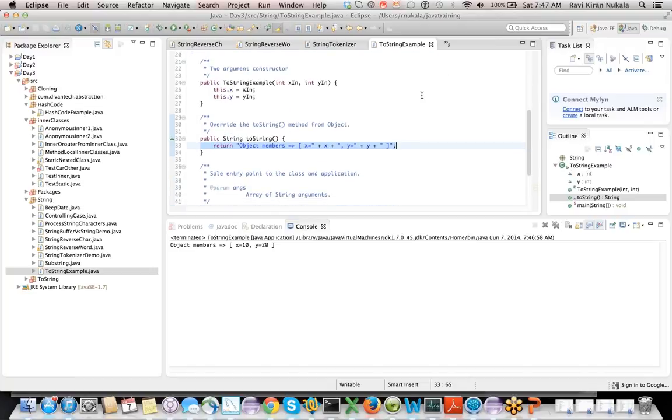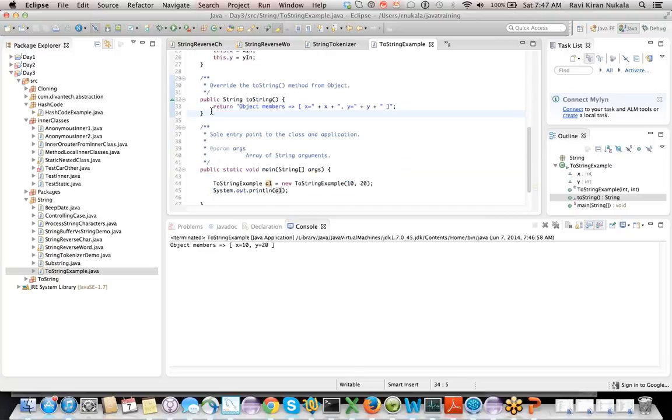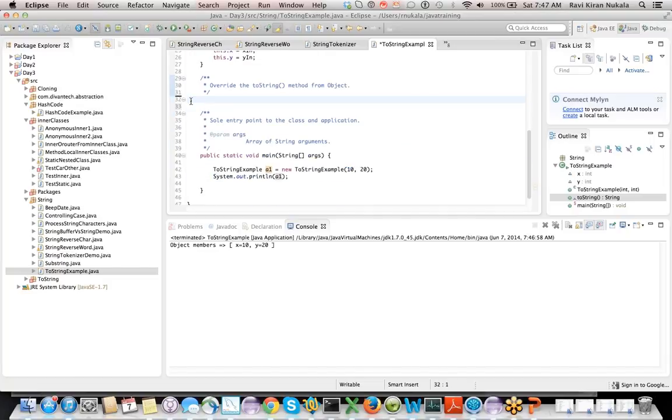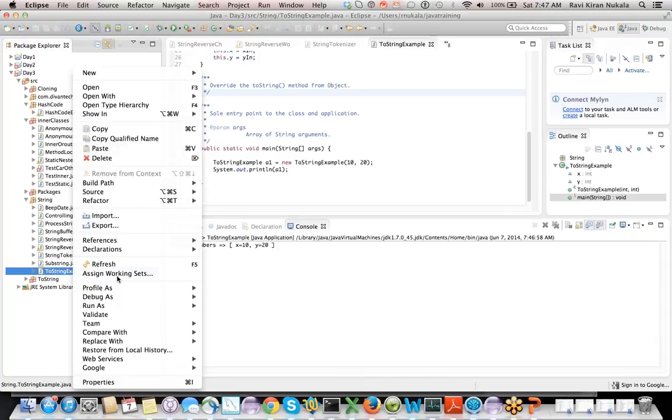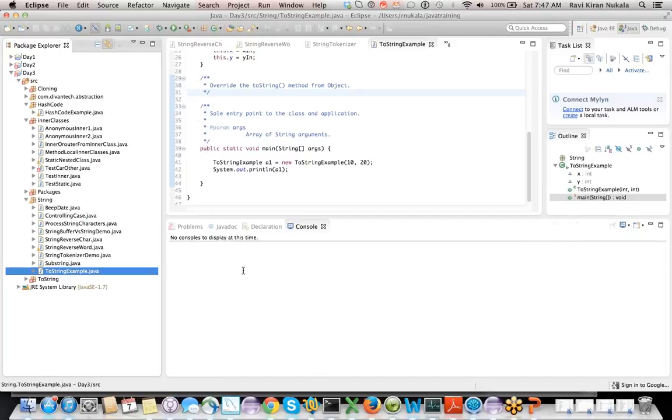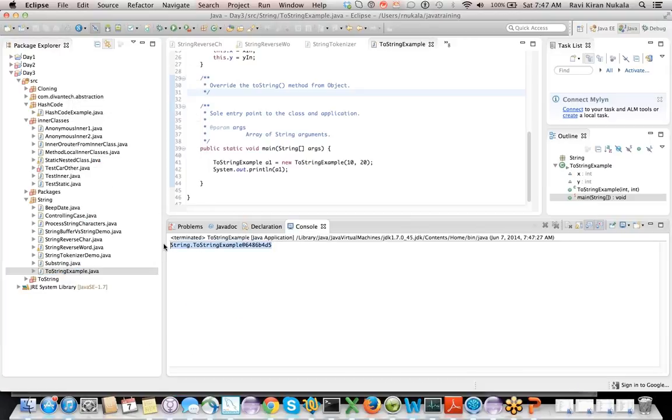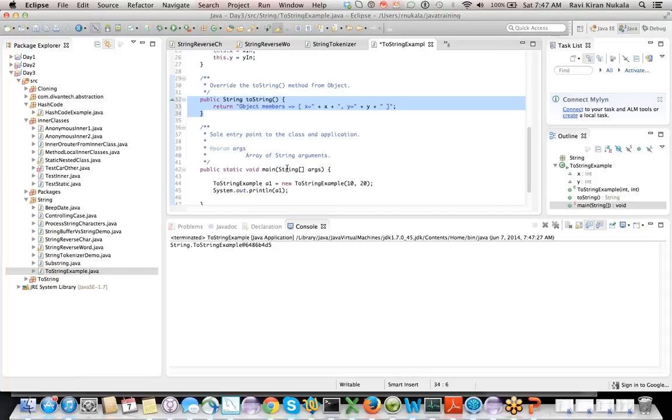If you just have an object without any constructor, and you say object.toString without overriding it, it is still part of the Object class. What it's going to print is something like this, which is meaningless for us, right? We don't even understand what it is. Do you see the value that it printed out? So this is meaningless.